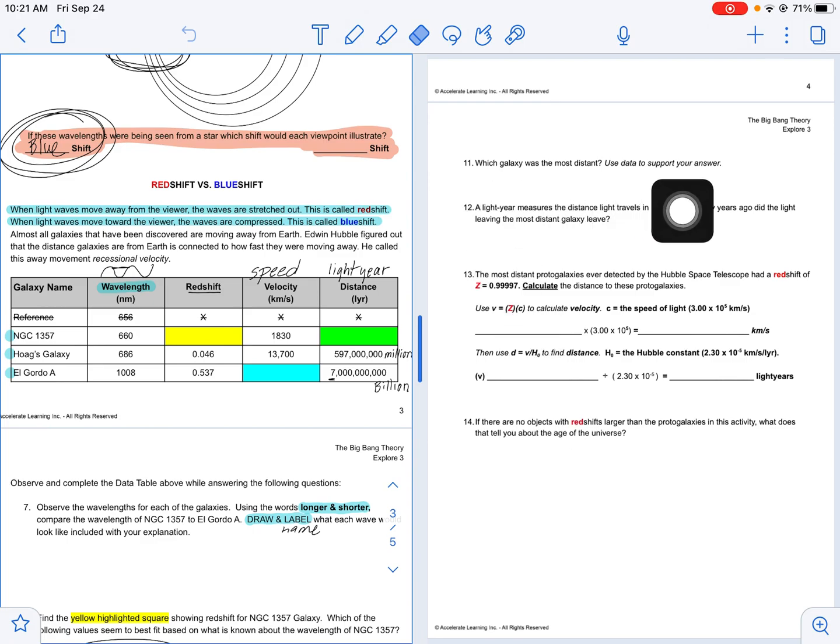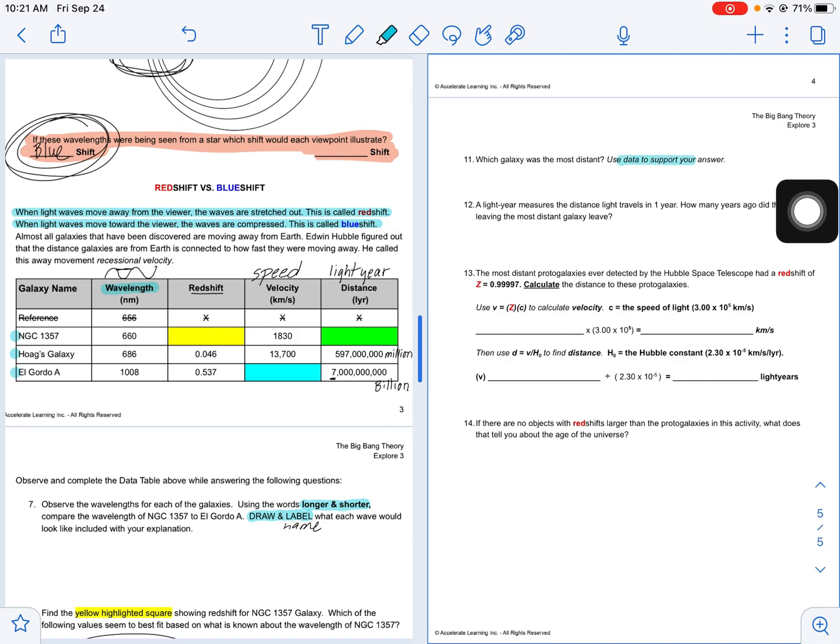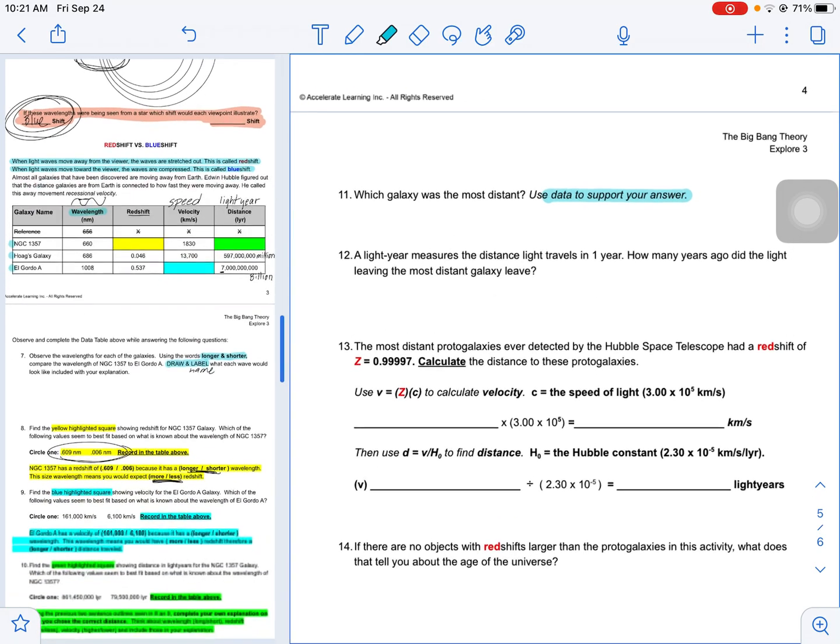So we have a basic question coming from the data table that we want to make sure we have data for in our answer. Which galaxy was the most distant? Before I even look at the data, when I see a question like this, I should make my statement first, taking from the question. So which galaxy is the most distant? That's what I want to start with, right? The galaxy that is most distant